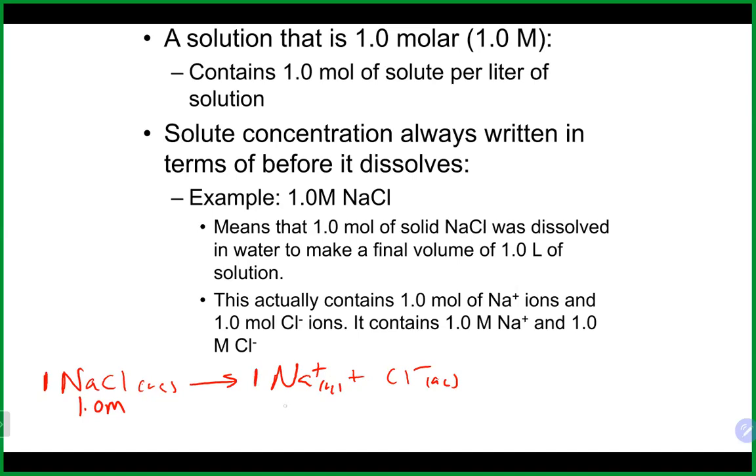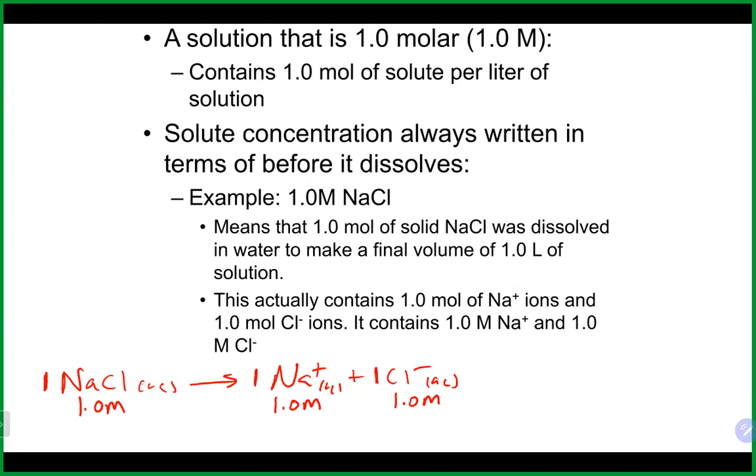And that basically means that the concentration of the sodium ion would also be 1 molar in this case. It is also a 1-to-1 relationship between the sodium chloride and the chloride. That means if you were interested in just the chloride's concentration, it would also be 1 molar. So sometimes you're interested or asked about maybe not the whole ionic compound in a solution, but maybe what the concentration of